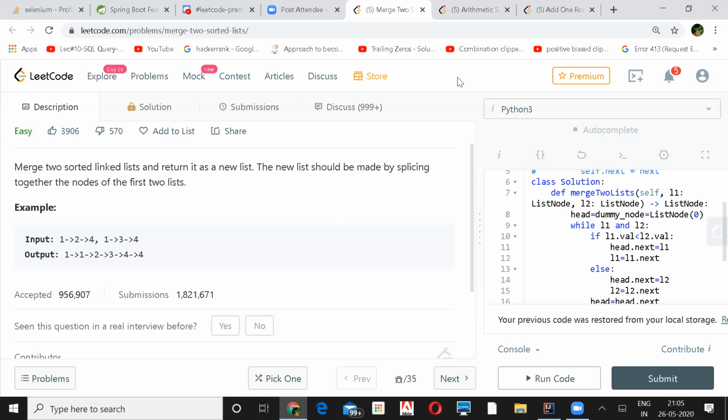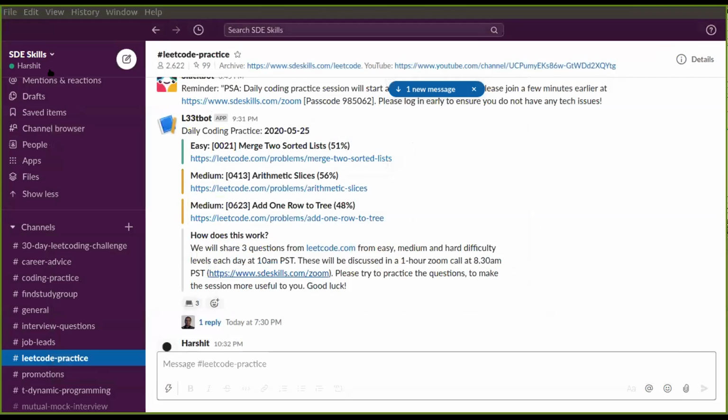Sure, share it. Is my screen visible? No, no.